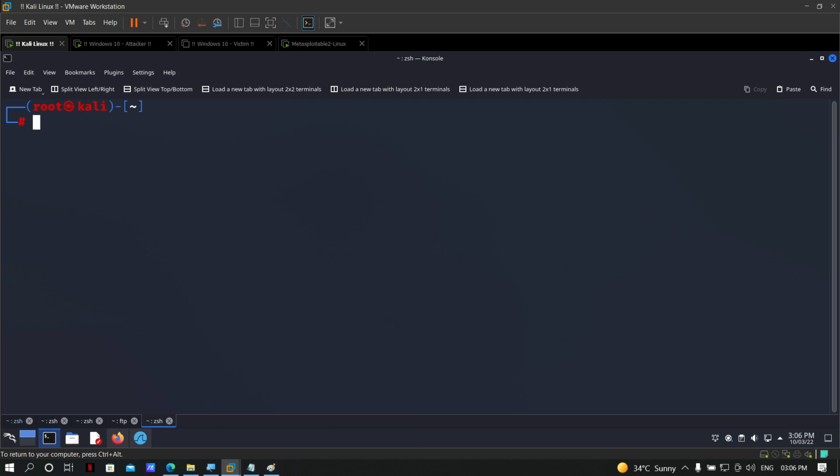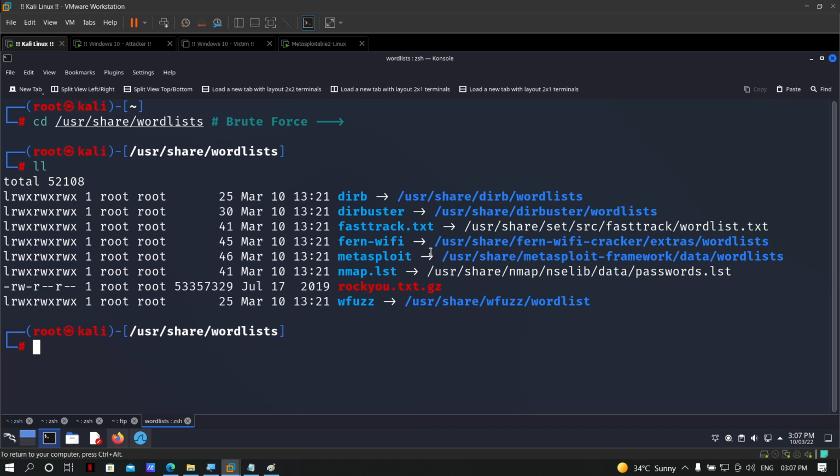If you guys don't know what the username is, what the password is, what are you going to do? The only thing is you can try brute force. Right? You can try different usernames and different passwords. But again, for that all you need is a word list. All those word lists are available here. Just go with cd /usr/share/wordlists directory. Here you will get a complete list of dictionaries that you can use to figure out username and password, or to brute force username and password.